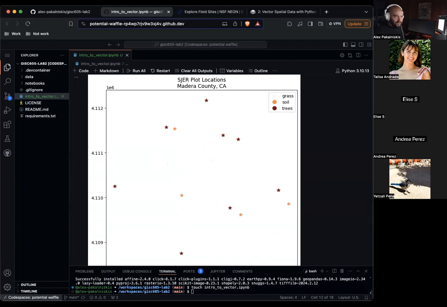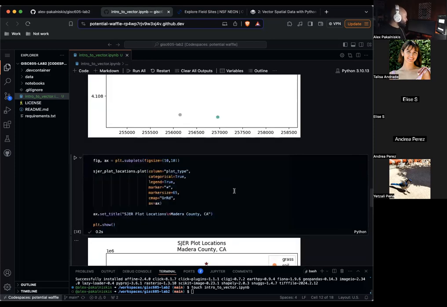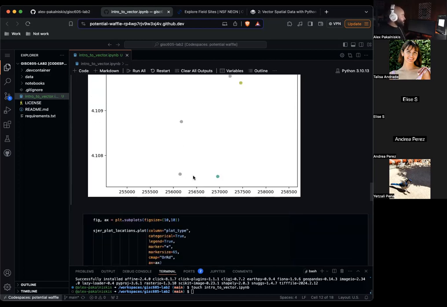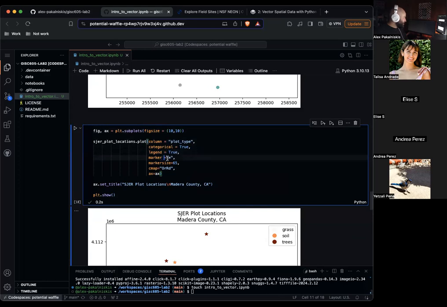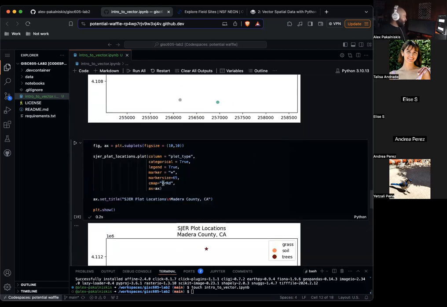Fancy. So Talissa's question: why can some items be squished together with an equal sign and some need to have a space? It's really more stylistic than anything, because you could do, I think this will all work. I think this is what you're getting at, Talissa, right? Yeah, it's arbitrary.